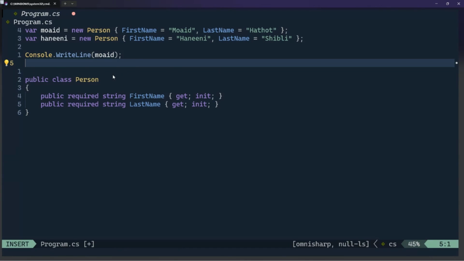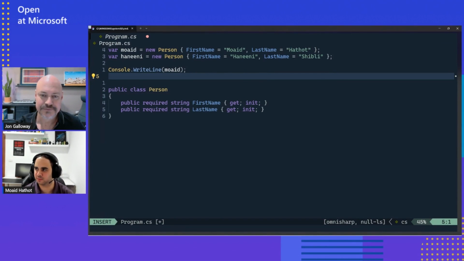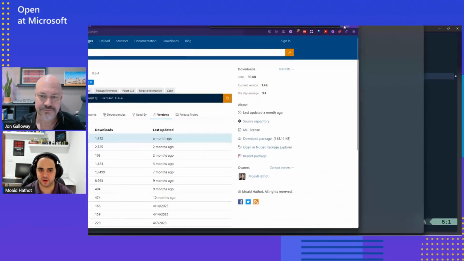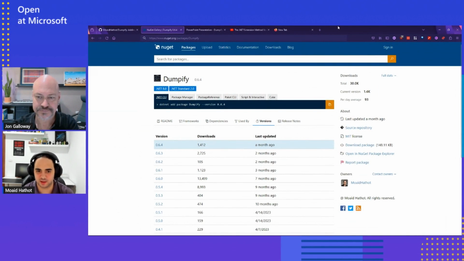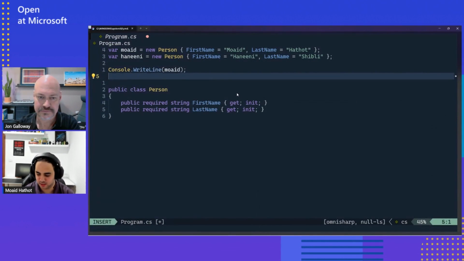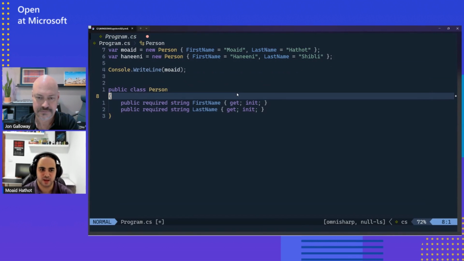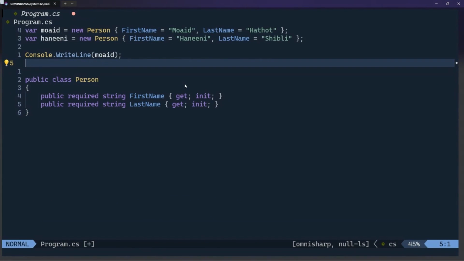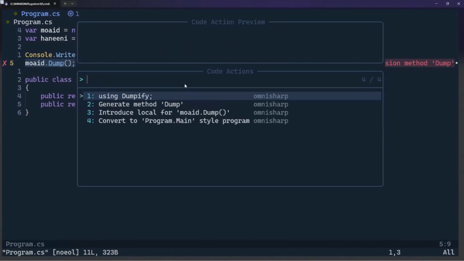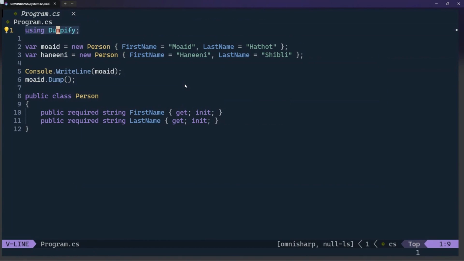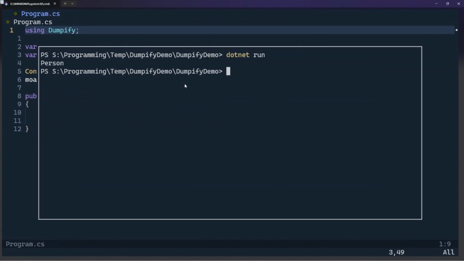So first of all, it's a NuGet that we can download from here, and we can install it in different ways. For example, we can just use the CLI and do .NET add package Dumpify. I already did that. Or we can use Visual Studio. It's up to you. But once we do that, we get an extension method called dump. So let's do the dump. And we do have to add the using. So just added the using here. And now if I'm gonna run it again,